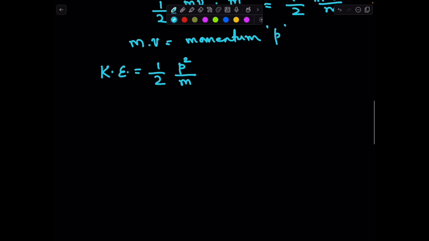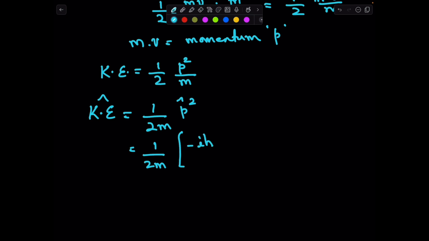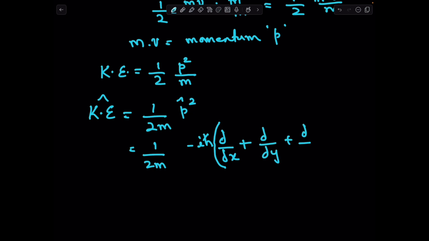So we can now apply the linear momentum operator p cap squared. So the kinetic energy operator would be 1 by 2m p cap squared, which is 1 by 2m times minus i h cross times dou by dou x plus dou by dou y plus dou by dou z,